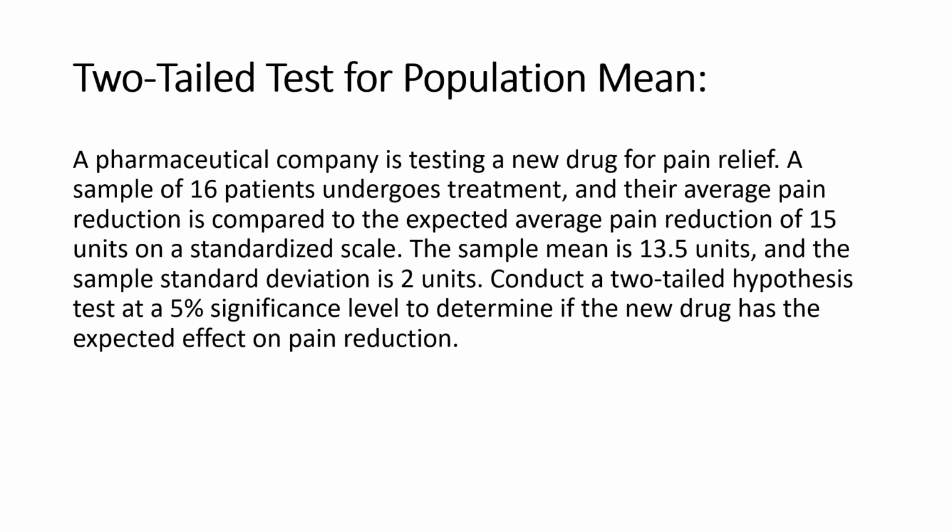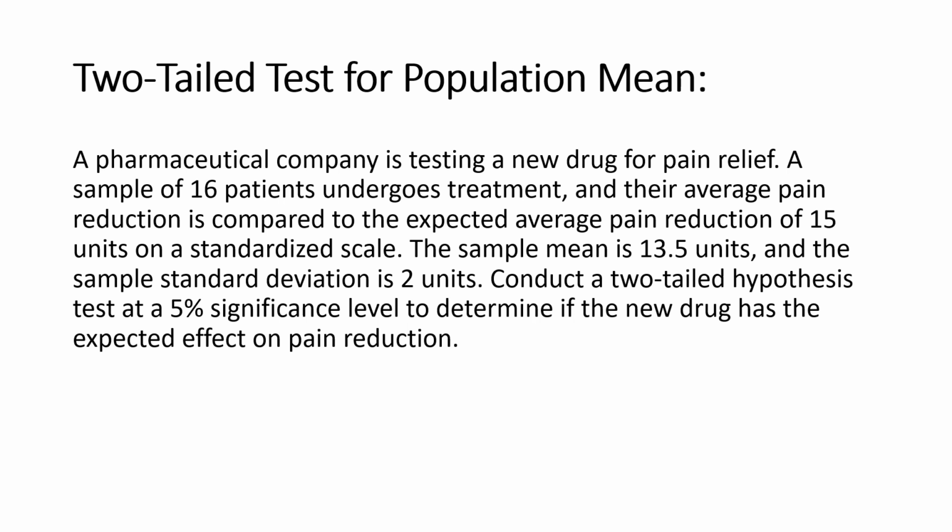Next, we move on to a two-tailed test for population mean. A pharmaceutical company is testing a new drug for pain relief. A sample of 16 patients undergoes treatment, and their average pain reduction is compared to the expected average pain reduction of 15 units on a standardized scale. The sample mean is 13.5 units, and the sample standard deviation is 2 units. Conduct a two-tailed hypothesis test at 5% significance level to determine if the new drug has the expected effect on